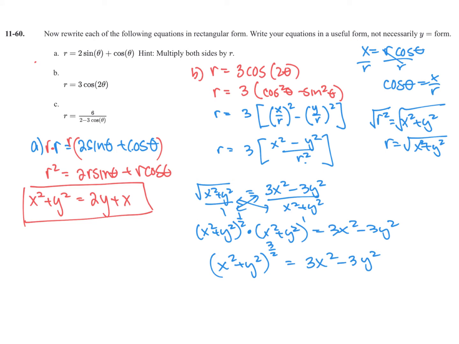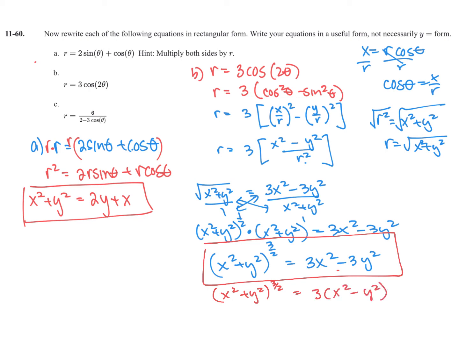Now, if we didn't like the 3/2 there, I might go ahead and square each side. But before I do that, I don't like the form that this is in, the 3x squared minus 3y squared. So this could be an answer here. Let's just say this could be an answer. But if I wanted to, I could say x squared plus y squared to the 3/2 equals, I'm going to factor that 3 back out